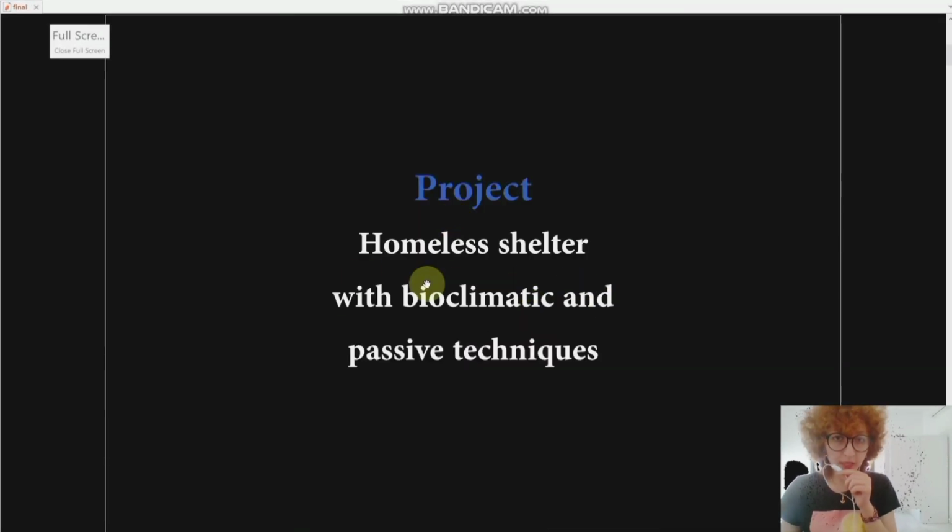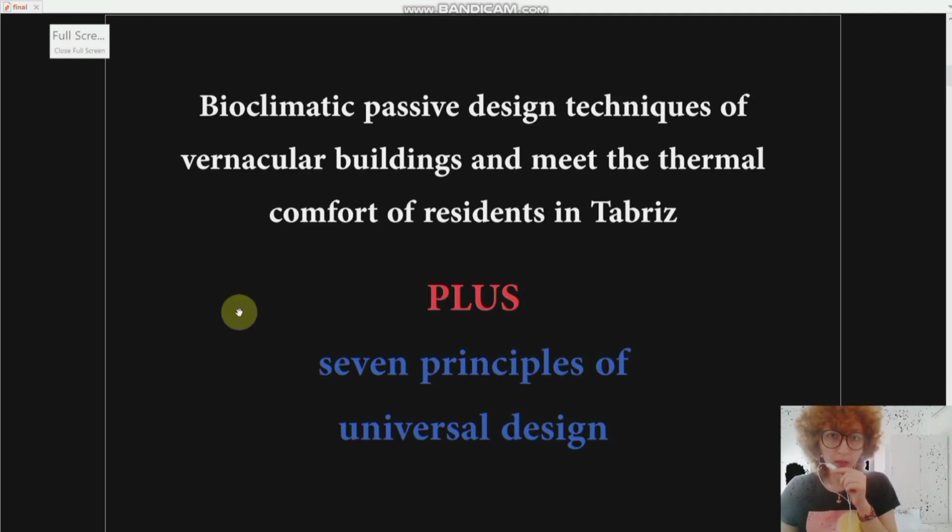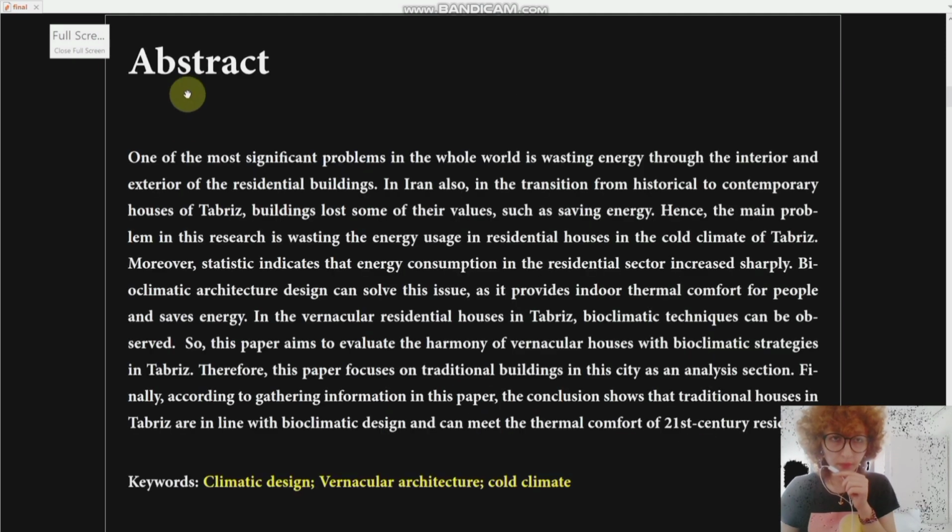My project was about a homeless shelter with bioclimatic and passive techniques. This is the title of the project: Bioclimatic Passive Design Techniques of Vernacular Building that can meet the thermal zone of residents in Tabriz. The abstract: one of the main problems was wasting energy through the interior and